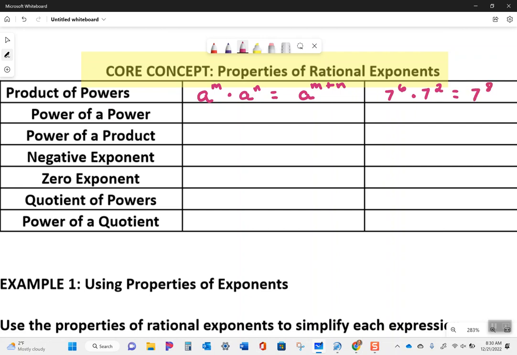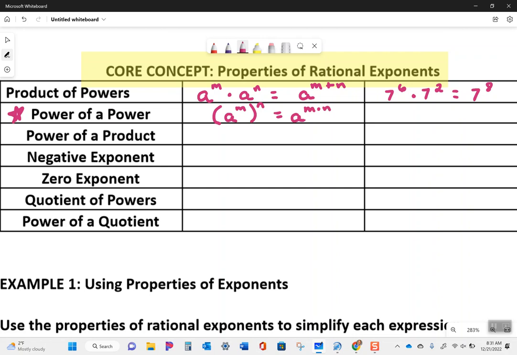All right. Now the next one, I think that this is a very important one right here. You might want to put a star by this one. Okay. Sometimes kids get a little lost on this. This is simply saying the following. Power of a what? If you have in parentheses a to the mth power, all to the nth power like that on the outside of parentheses, then this becomes equal to a to the,